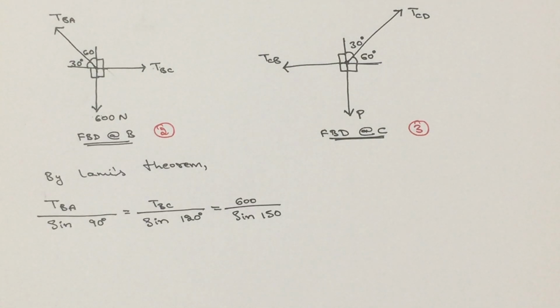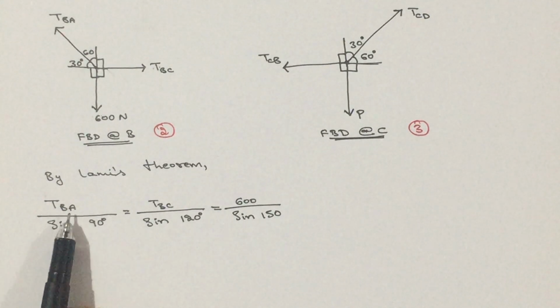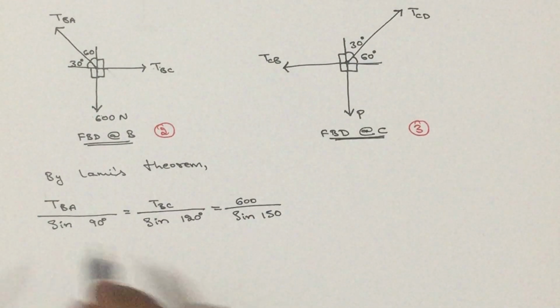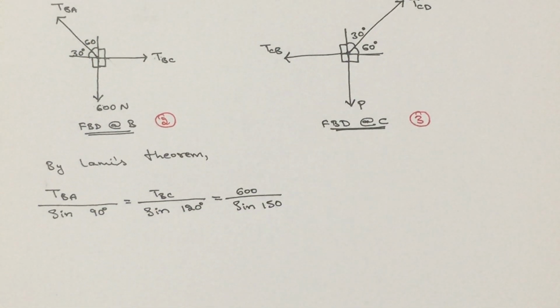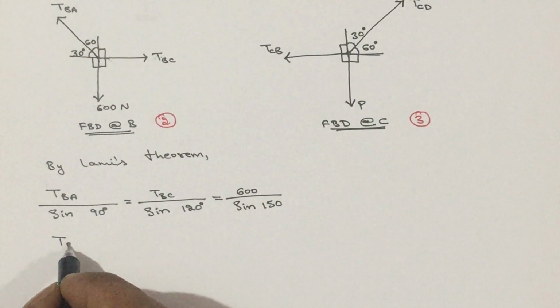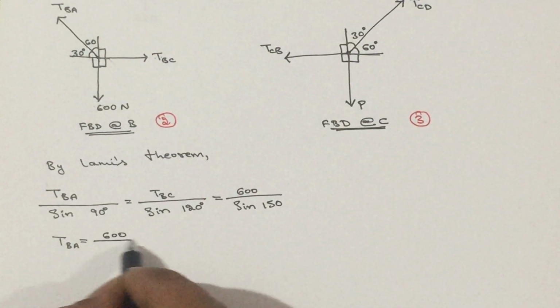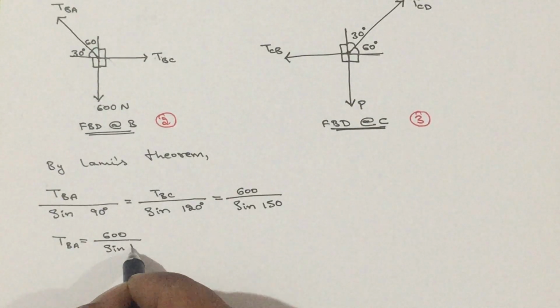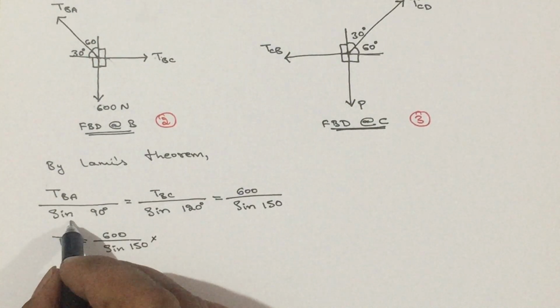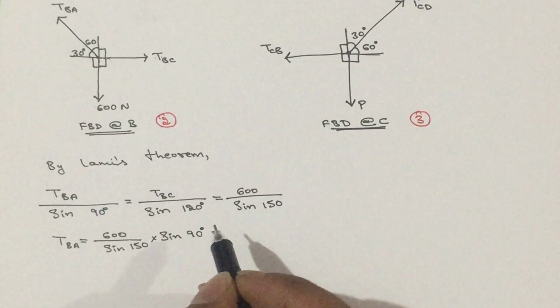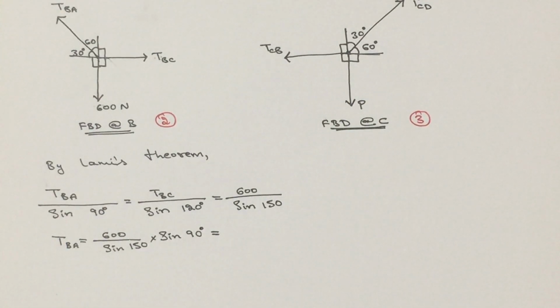Now, here we have 3 parts. Out of these 3 parts, choose any 2 parts such that there is only one unknown. So, select the first part and the last part. Unknown is TBA. The last part is 600 divided by sine of 150 multiplied by sine 90. Just cross multiply. So, you are going to get the TBA value as